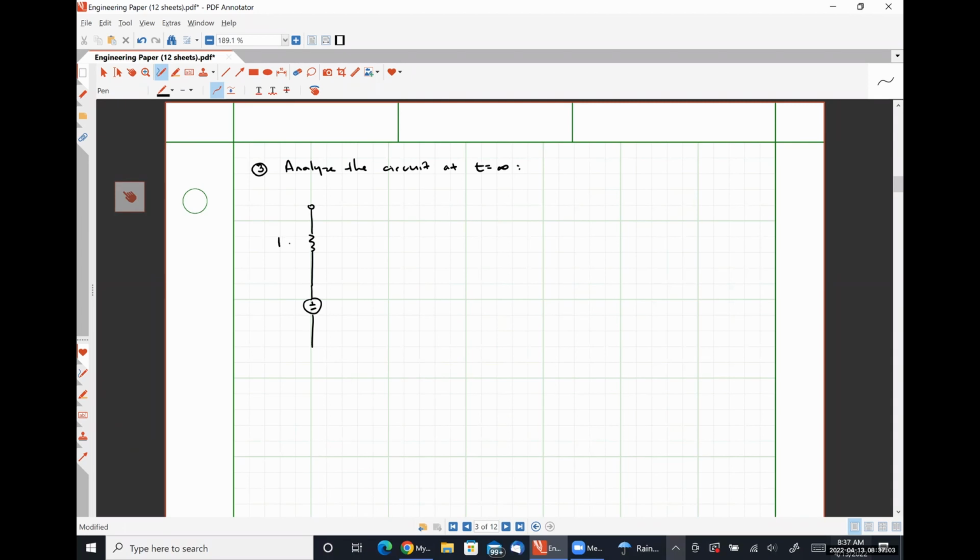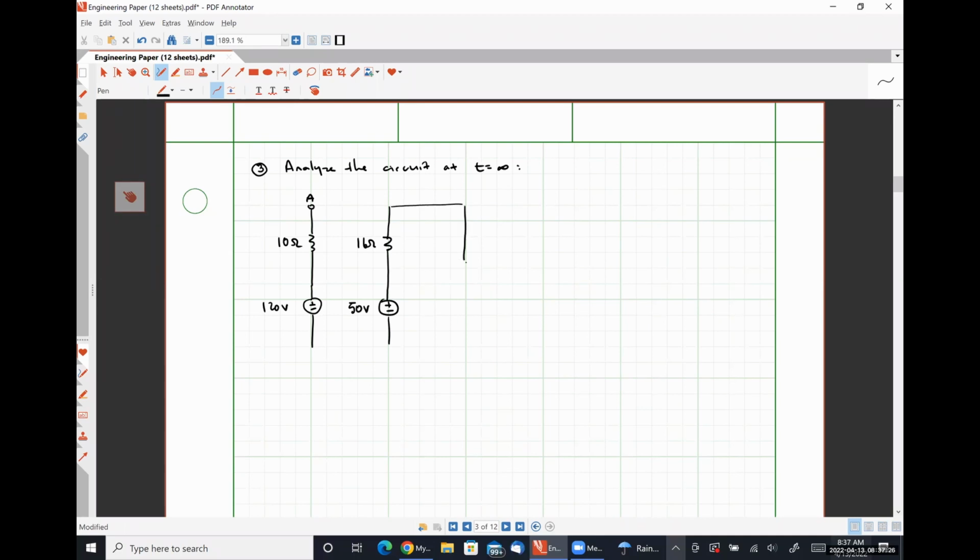So here we have our 10 ohm resistor, our 120 volt source, terminal A is open circuited. Here we have our 16 ohm resistor, our 50, not 15 volt source